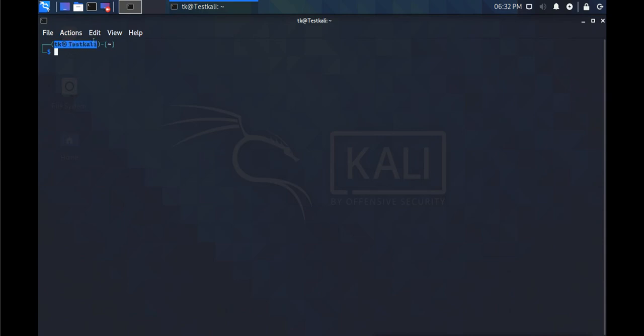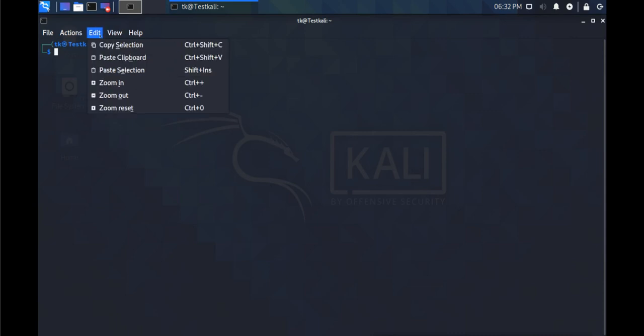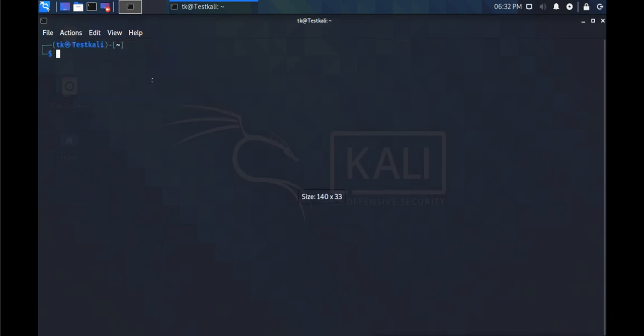Previously it was Kali Kali. If you want to increase the text size, you can go to view, edit, and zoom in, or use the shortcut Control plus plus to increase the font like normal Linux.